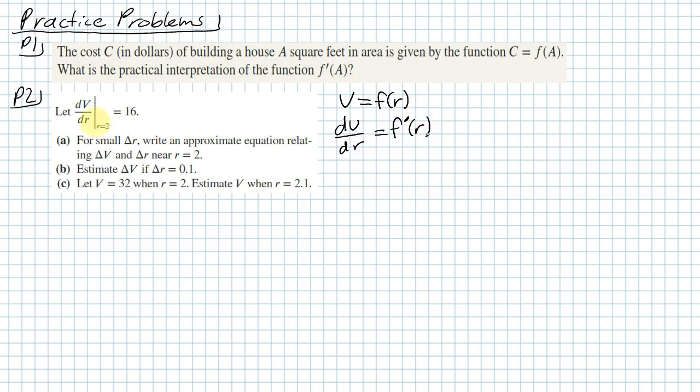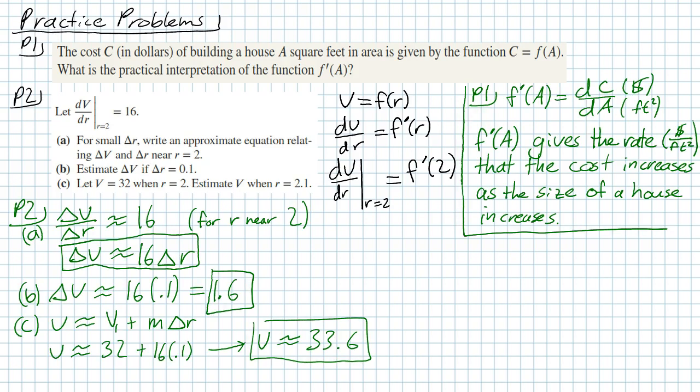But if you have this vertical bar with r equals 2, that just is giving you a specific value of r. So saying dv over dr with r equal to 2, that's just another way of saying f prime of 2. So that's what that means. I'll let you try these, so let's pause it, and the answers will appear in 3, 2, 1, and